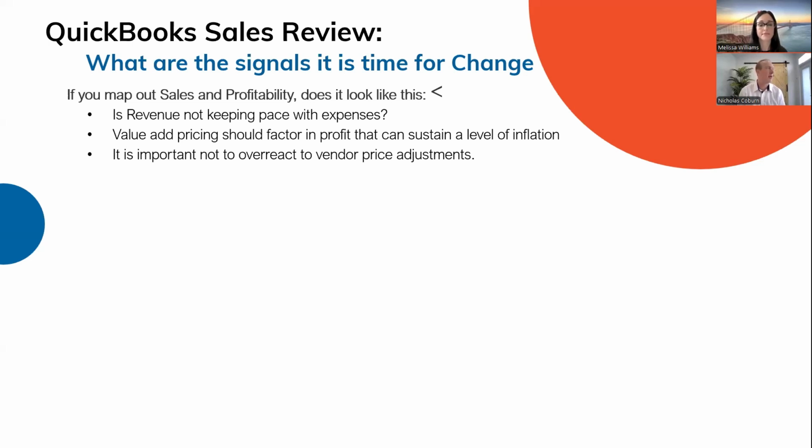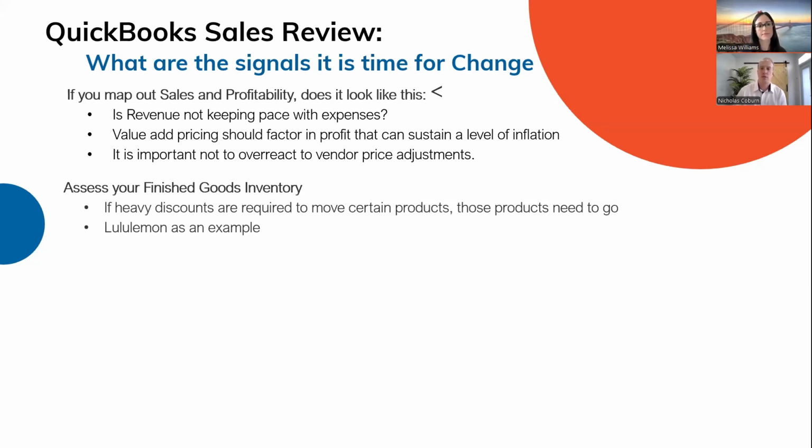You might need to reassess, not just inflation. I mean, that's a big hot topic, because you don't necessarily want to overreact. If you have a value add product and you're adding that value to your product, your product should be priced accordingly, and it should be able to absorb certain inflation adjustments. Obviously, we went through a season of high inflation. That's going to bump a lot of prices up, but you shouldn't necessarily be the entity that every single year needs to bump up your price for inflation. If you have a value add product, you should be able to price it because people want it. It's in demand, and the value of that should correspond with not only the value that's been added, but a healthy margin so that you can absorb ebbs and flows with what your vendors are doing.